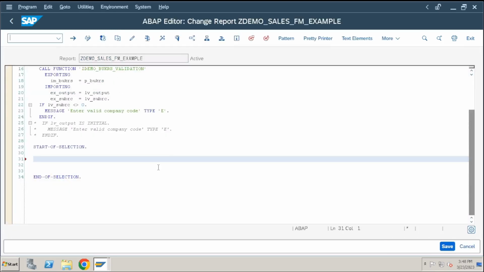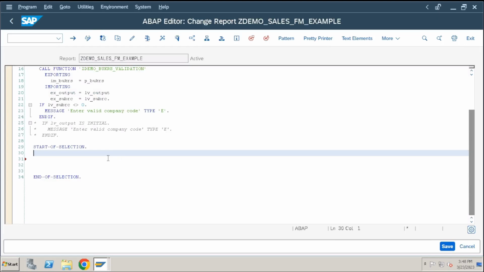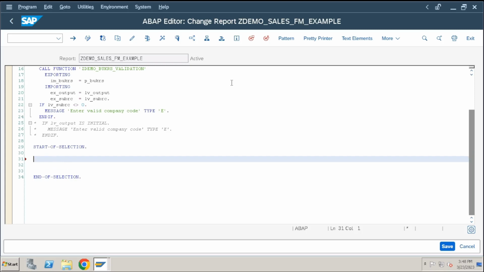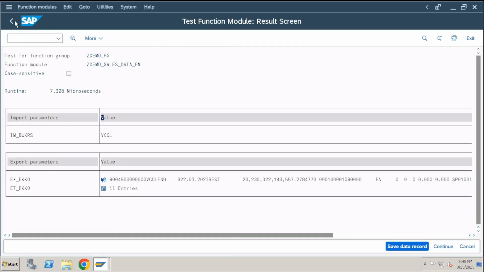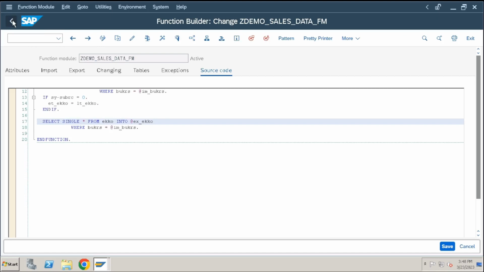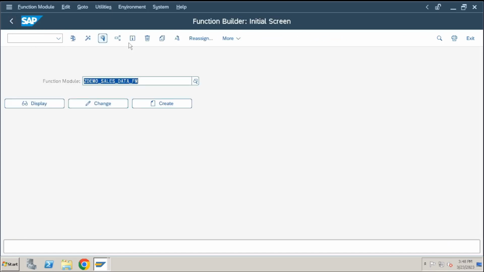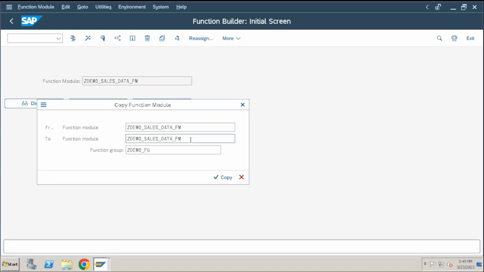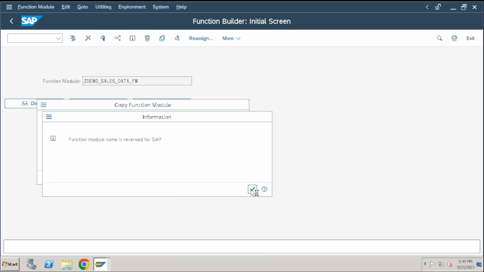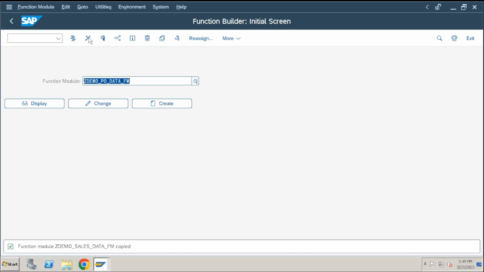Now our function module is ready. Call that function module in our program. Our business logic is ready. Now how to call? Go to pattern. Actually this is not sales data, it is purchase order data. I'll do one thing, I'll rename this function module. How to rename? Just copy this function module, and I'll make this as PO data. Copy the function module into a new function module, and activate it,